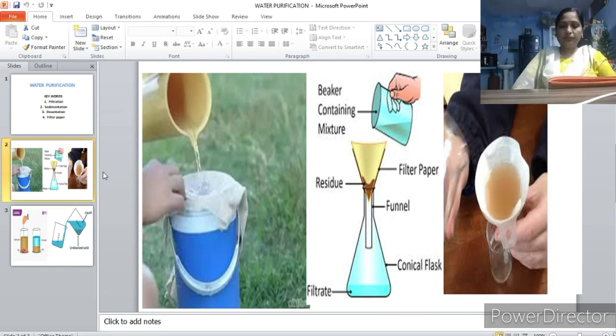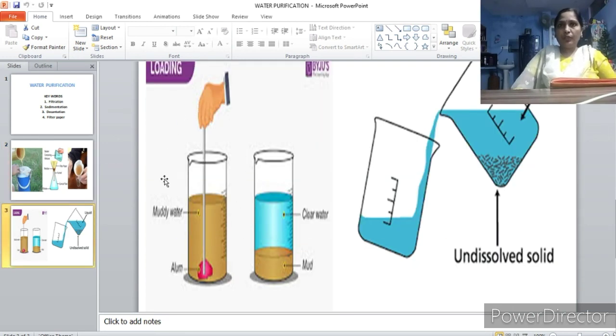Now come to the S2 exercise on page 36. In the first diagram, identify the process they are using for cleaning the water. And even the second diagram, and as I explained, the first diagram belongs to this process. So can you say what process this is? This is known as sedimentation. The mud particles are settling at the bottom of the pot, beaker or test tube, whatever we are using for the experiment.